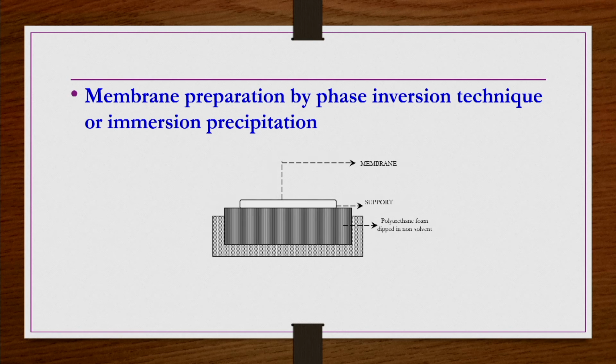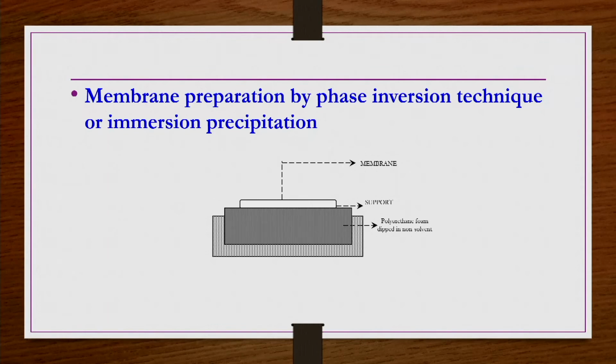immersion precipitation technique. Here what happens, let us say you are preparing a polymeric membrane. For that polymer you have to find a solvent as well as a non-solvent, because you cannot use the polymer as it is as a precursor for membrane preparation. It has to be made into a solution. So for that you have to find a solvent. You take 5%, 10% or 15% polymer in that solvent and prepare a polymer solution. Depending on the thickness and porous structure of the membrane, you have to decide what percentage of polymer solution has to be taken. And you should also find a non-solvent for that polymer, right.